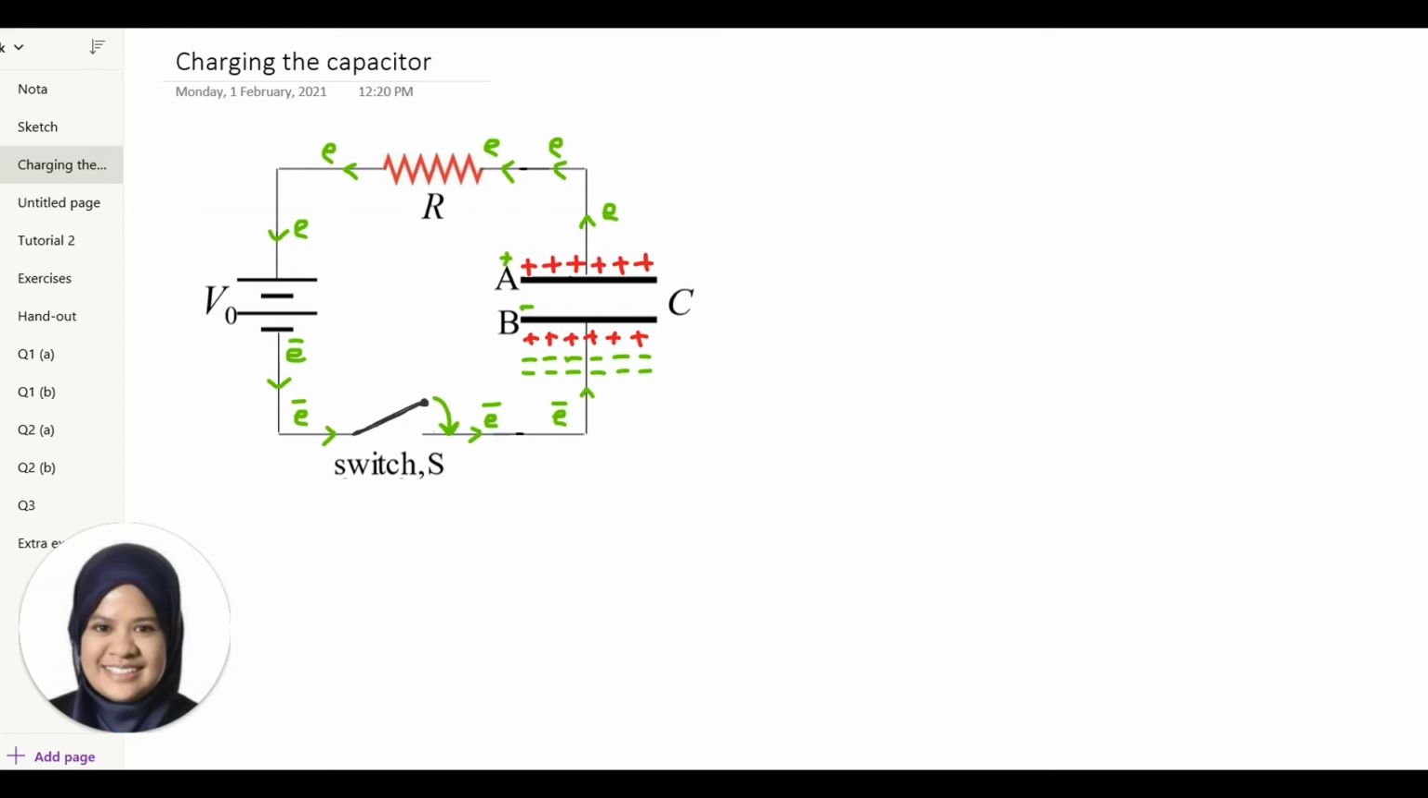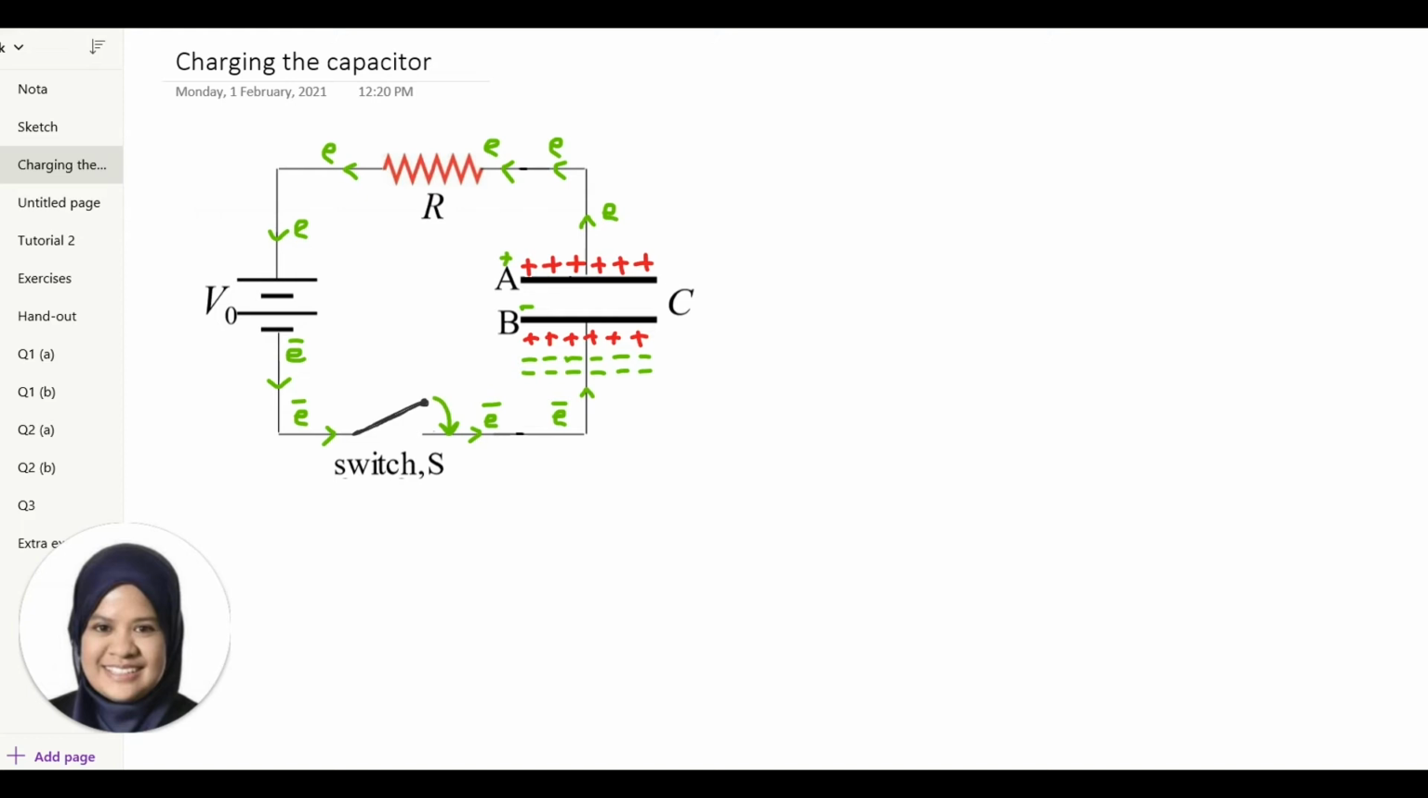Okay, so dah jadi sekarang B is a negative charge plate and A is a positive charge plate lah. Okay, so dalam kes ini apa yang berlaku dalam masa kita charge ni? Okay, elektron bila dia dah